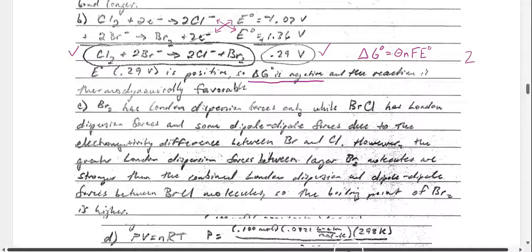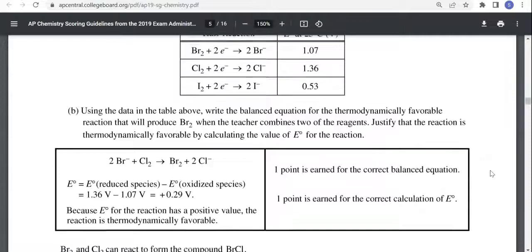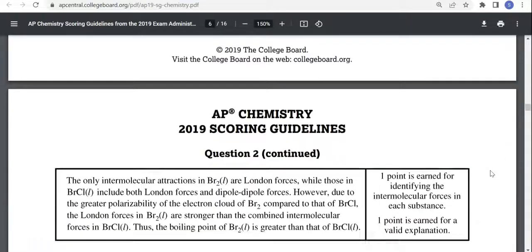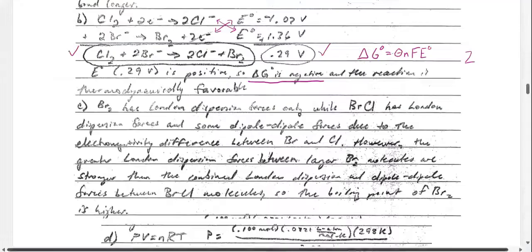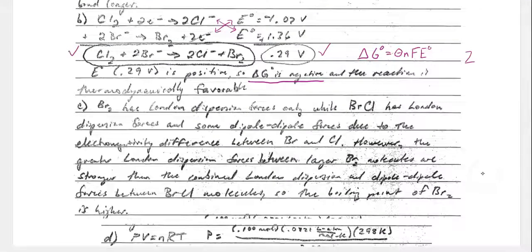Okay, good. So they mentioned the intermolecular forces present in both substances, and then they mentioned that Br2 is larger, which causes its London dispersion forces to be stronger than the combined London dispersion and dipole-dipole forces between BrCl